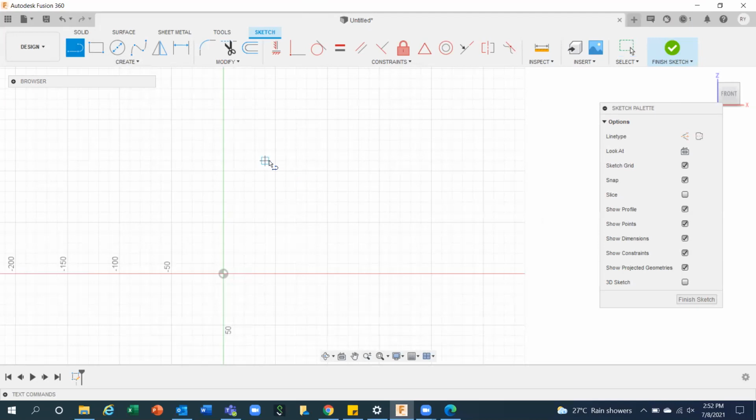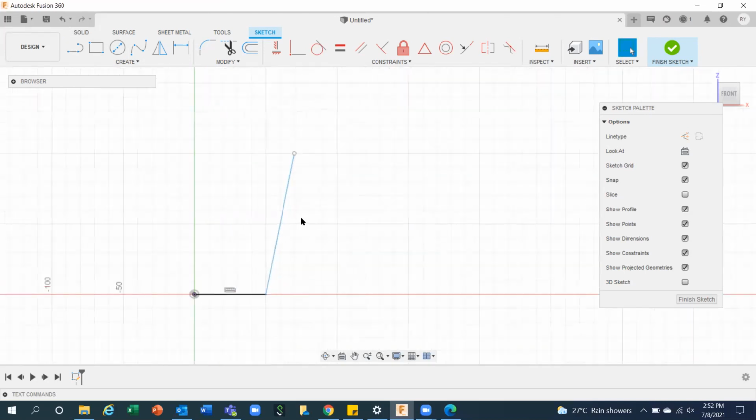So not the spline, I'm going to use this direct one, and choose it like this. It's a simple one, right? If you want to use some curve and everything, you can always provide this fillet.